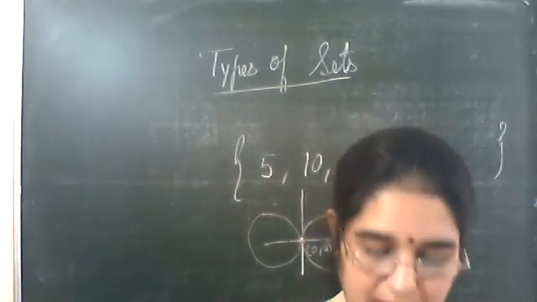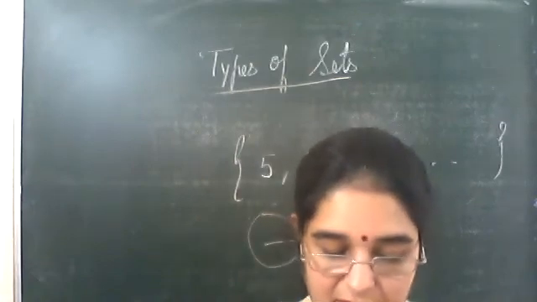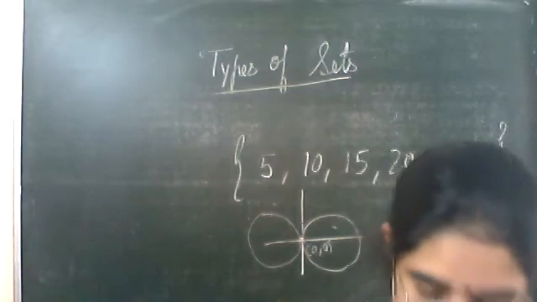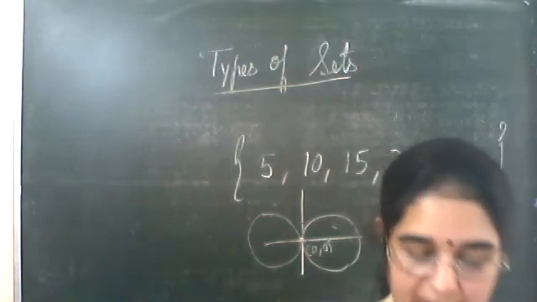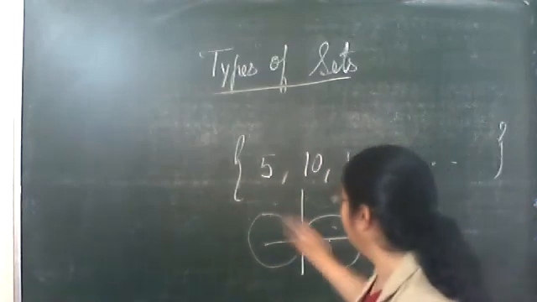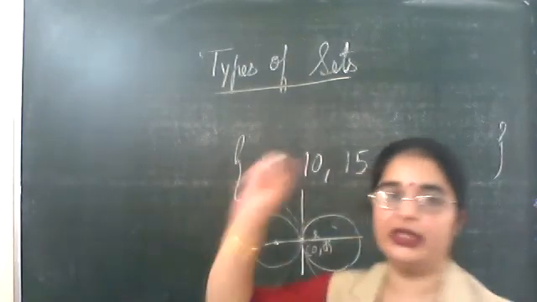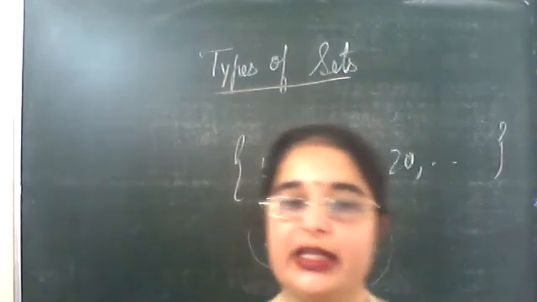Infinite. Yeah, infinite. Clear? You will have infinite. So many circles you can draw. If this is of the same radius r, you can have r1, r2, r3, r4. So you can draw infinite circles.